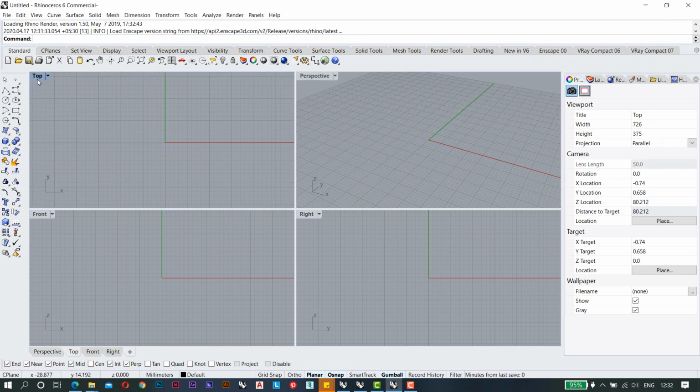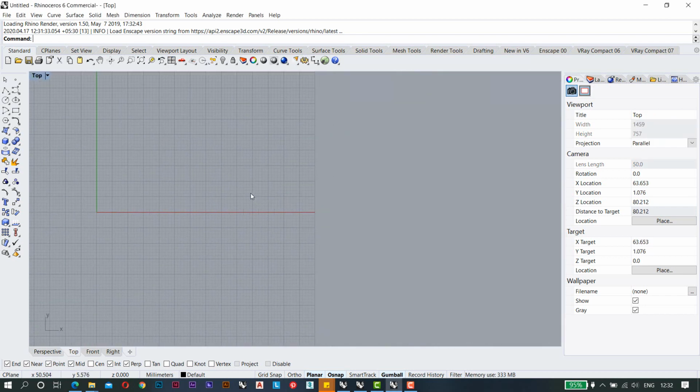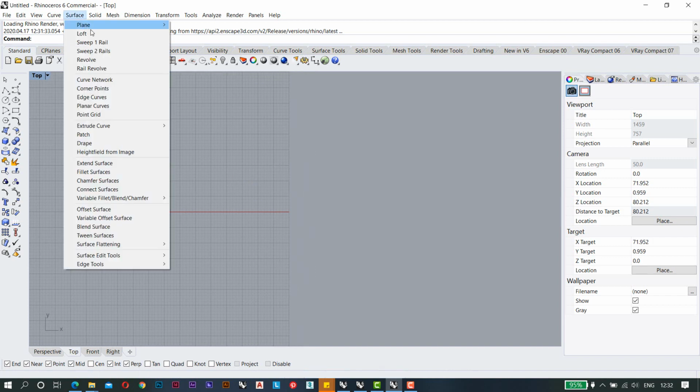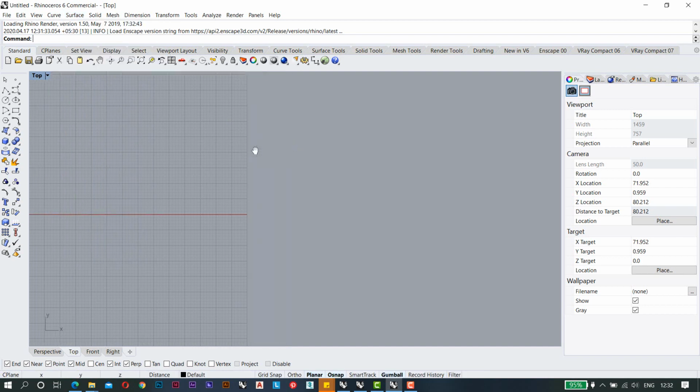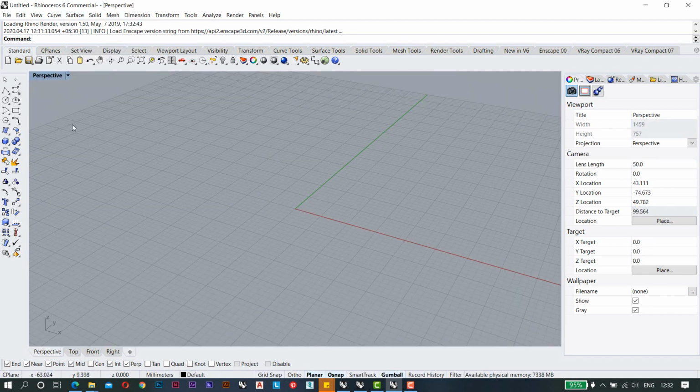Hello everyone. In this video we are going to talk about the commands sweep1 and sweep2. These two commands. So the first command, which is sweep1,